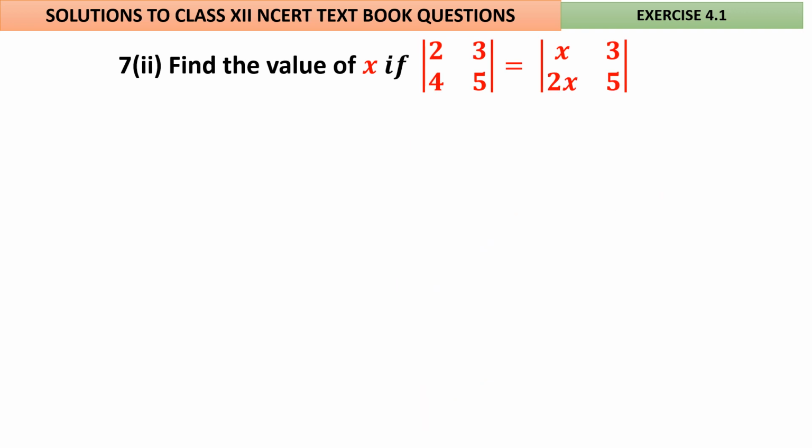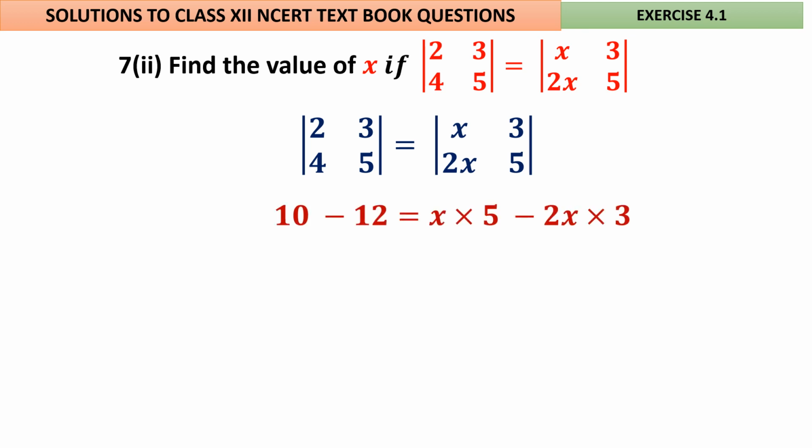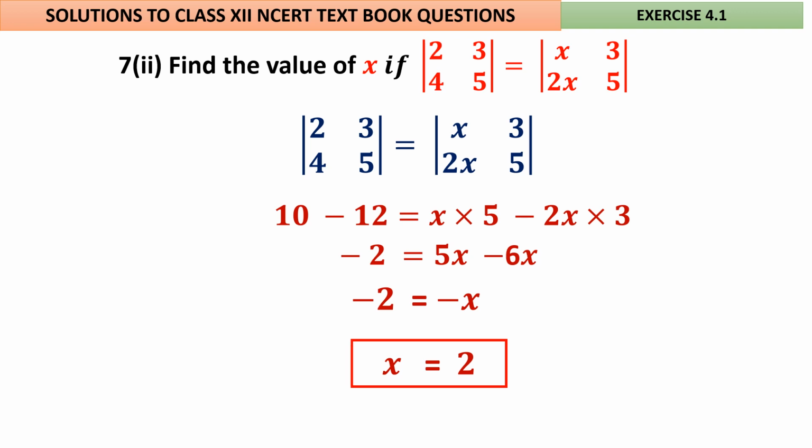Same, but with a slight difference in numbers. Expand the left hand side, expand the right hand side. x is equal to 2 is the answer. For x equal to 2, satisfy it. When you put x equal to 2, you can see that the left hand side is 2, 3, 4, 5, and the right hand side is also 2, 3, 4, 5. Therefore, the answer is right. You can check it also.